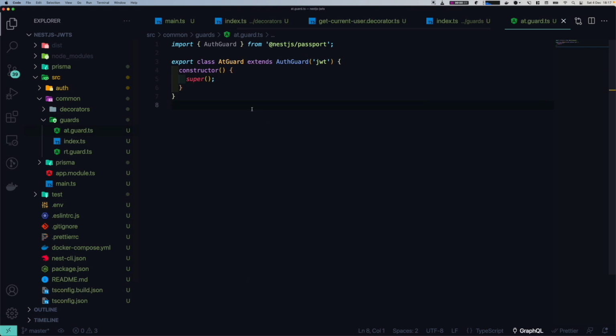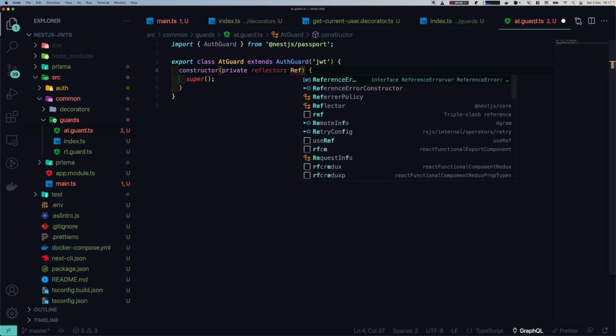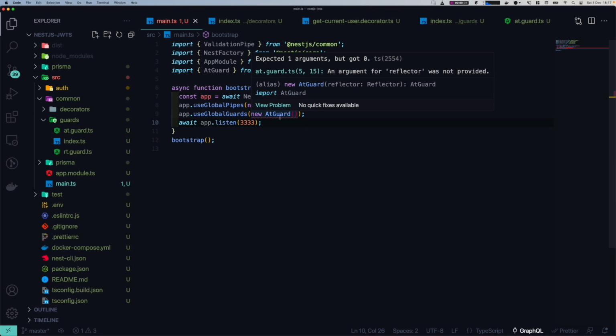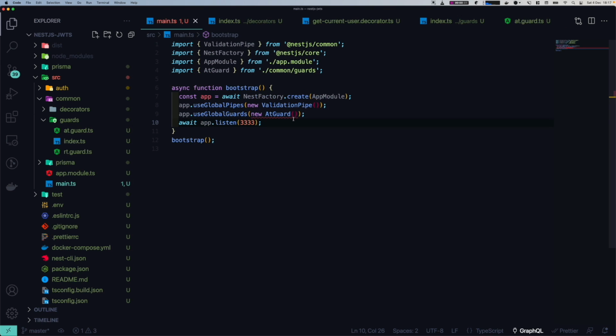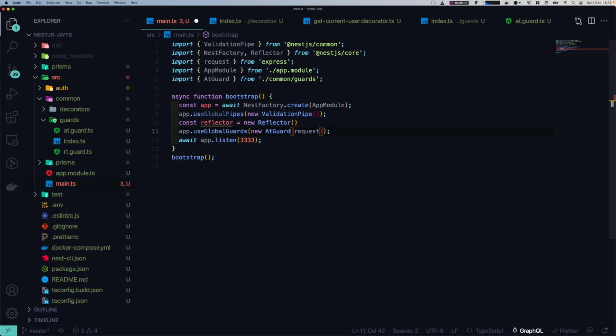So let's do it here. We're going to inject private reflector, and it comes from NestJs. Sadly, because we are using it in a global, like here in the global bootstrap script, it does not support dependency injection. There are several solutions to that. We can either use it here, but then we need to create a reflector, is equal new reflector, and pass it there to simulate the dependency injection,